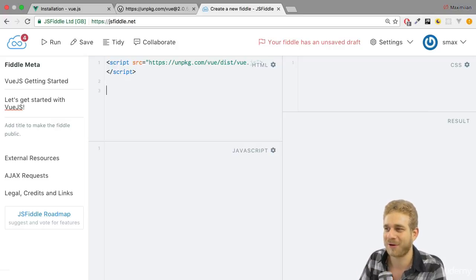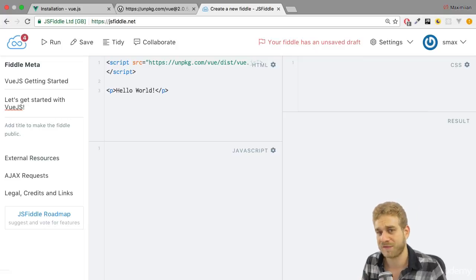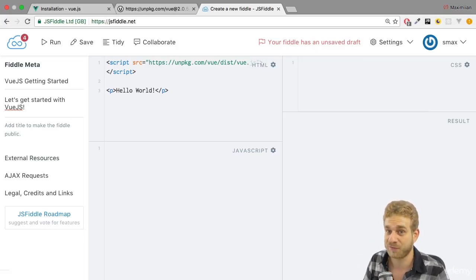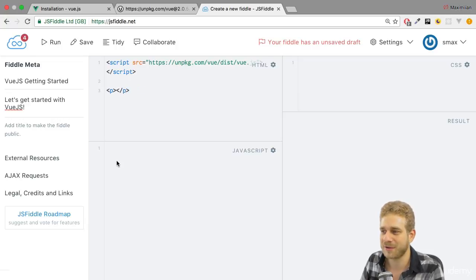So let's use it and build our first little application. For that, I want to add a paragraph in which I want to say hello world. Now saying it like this clearly is not very interesting. There is no JavaScript involved at any place. Instead, I want to output this through Vue.js. Now in order to do so, I will simply go to the JavaScript section here and use the import up there